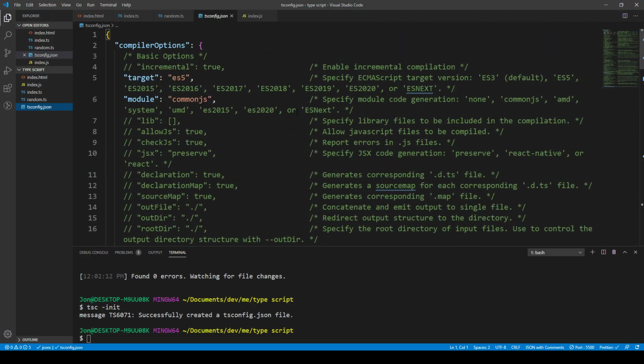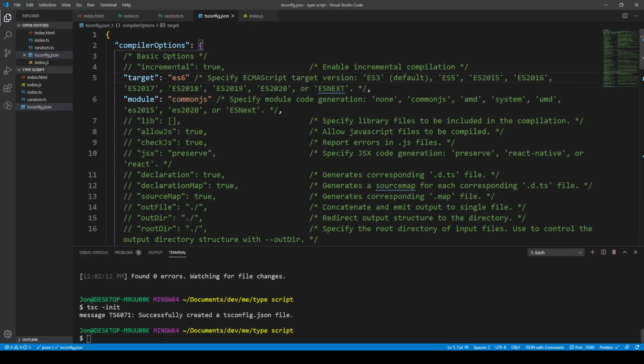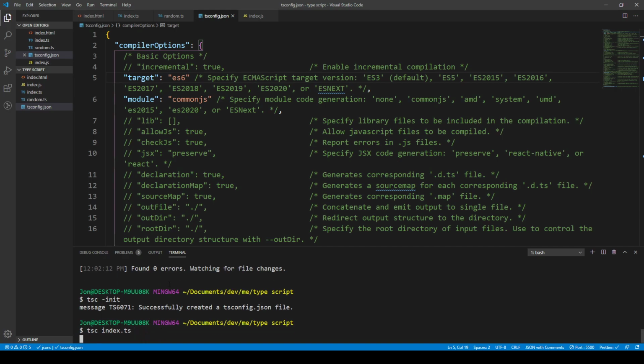Just a quick overview. If we were making, say, a node application and we wanted to have the target JavaScript type in ES6 syntax with the lets and the const and the arrow notation and all that, we could change this to ES6. So that means when we run that compile code, and I'll just compile it once here,